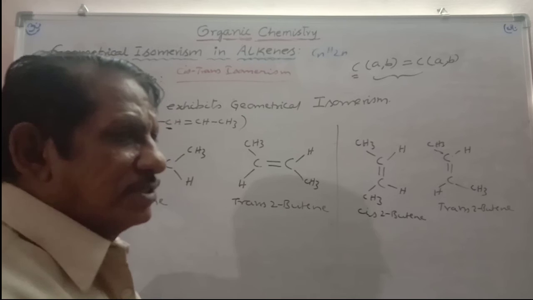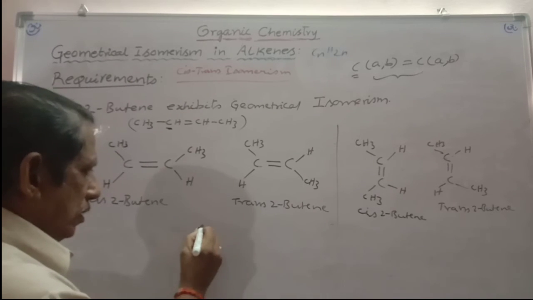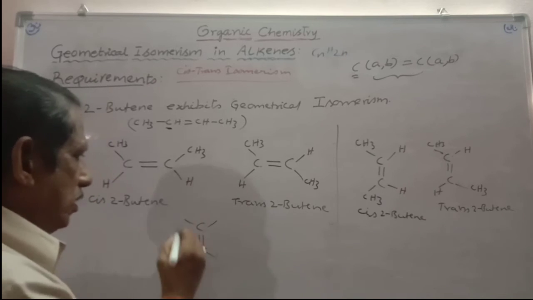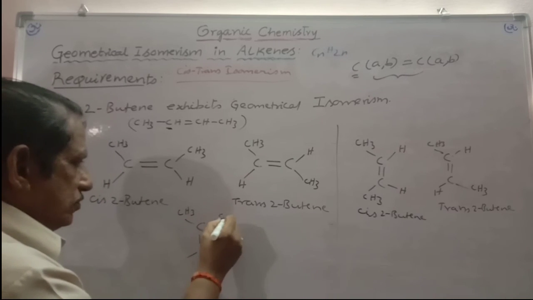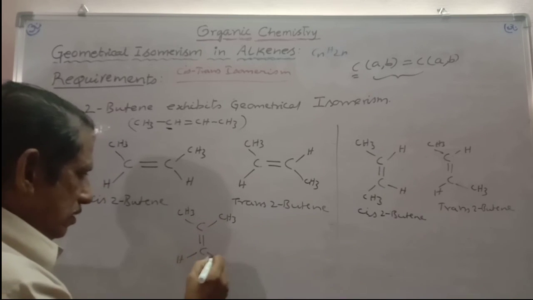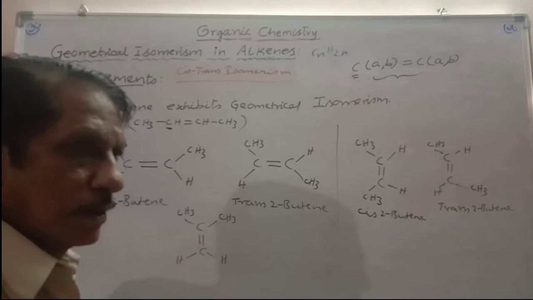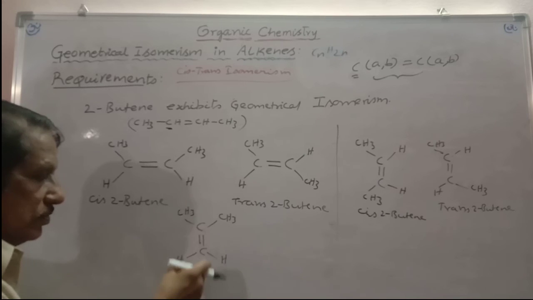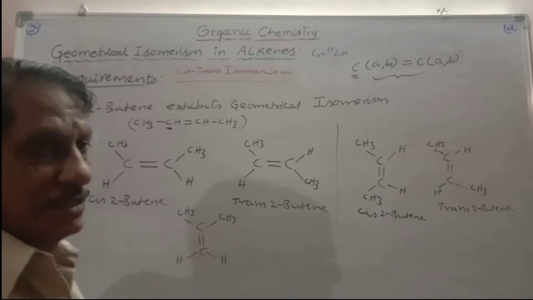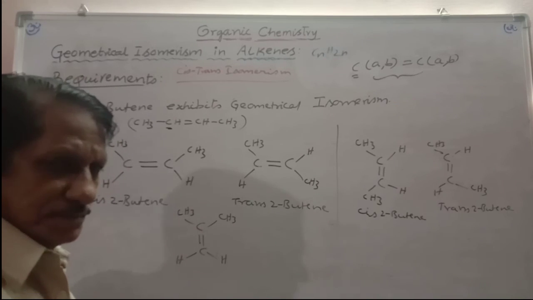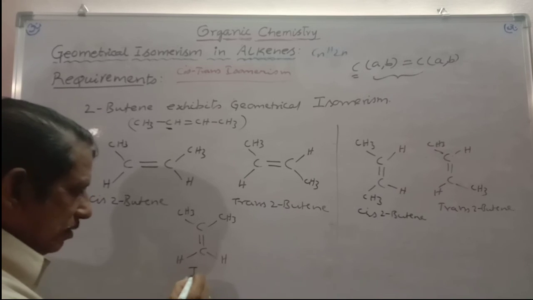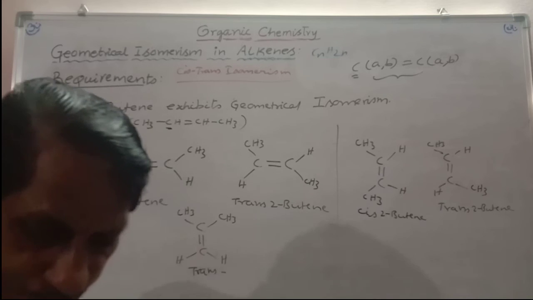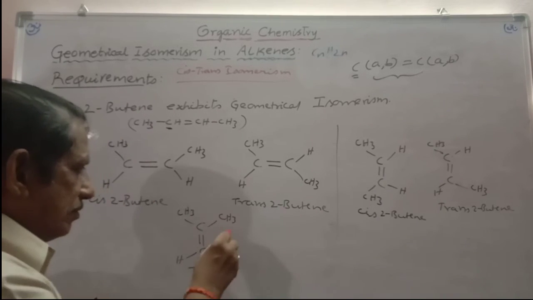Generally, the common mistake committed by students is, while writing C double bond C in the vertical form, CH3, CH3, H. The two CH3 groups are lying on the opposite side of the C double bond C plane. In that way they will think, misleading. And similarly, immediately they will write it as trans. Don't forget, this is not at all geometrical isomerism.